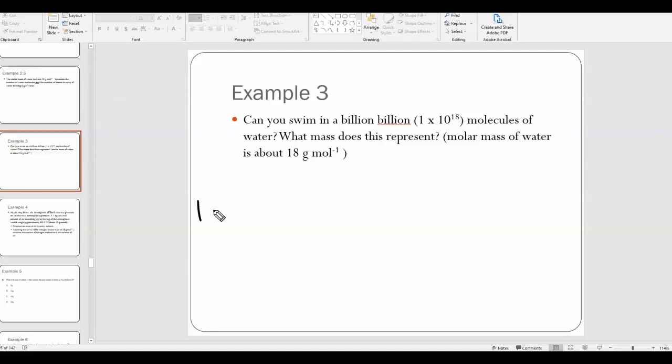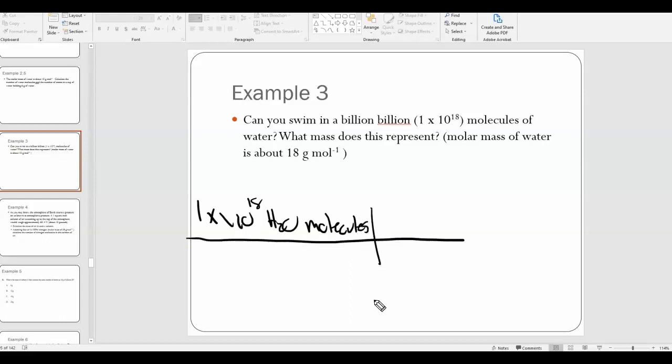Okay, so let's see. 1 times 10 to the 18 water molecules, H2O molecules. I know that, so I want to find mass. So I know there's 6.02 times 10 to the 23 water molecules